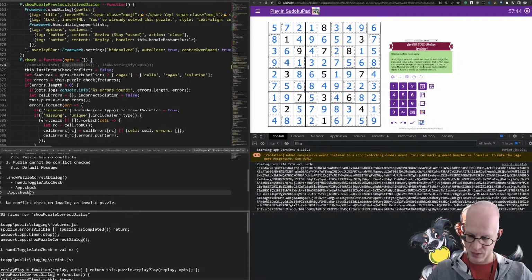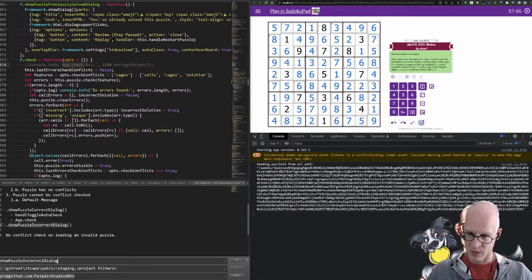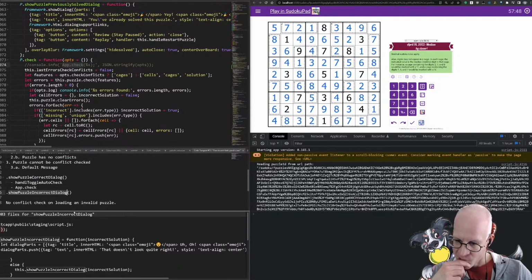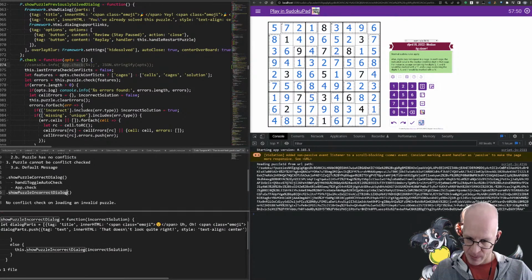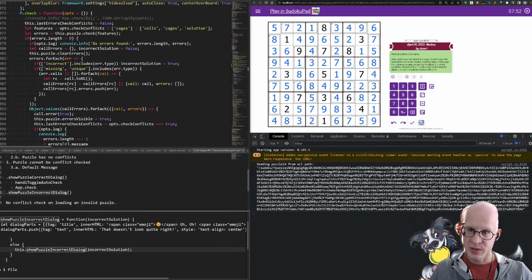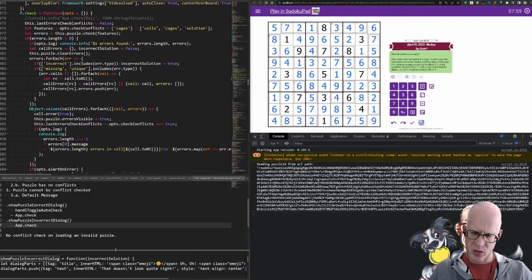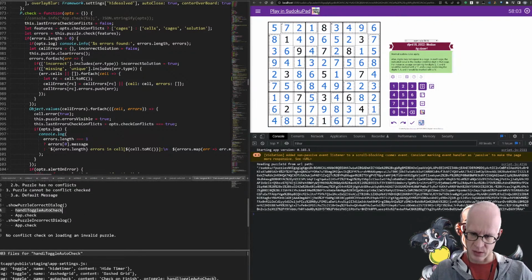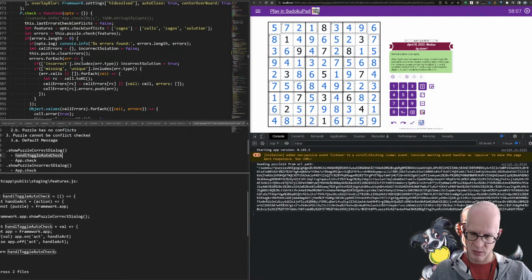And this one was where? Let's see. This is also app.check. All right. So this one, wait a second, the other one in handle toggle auto check.